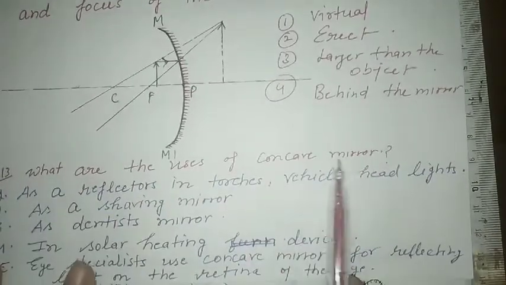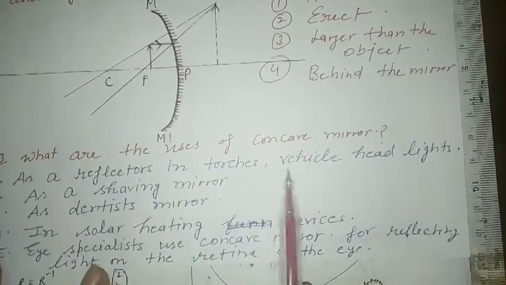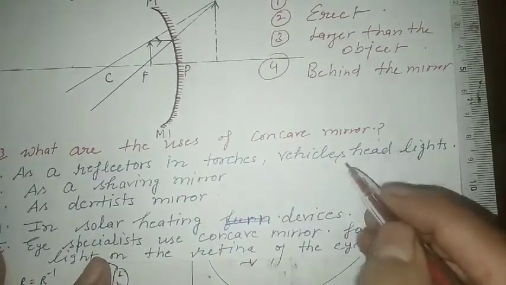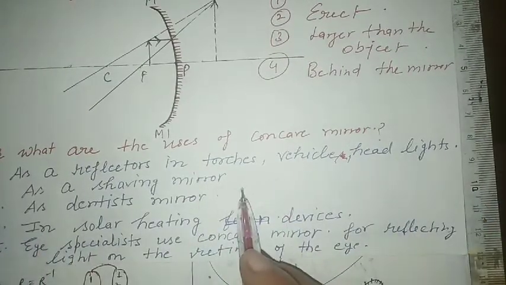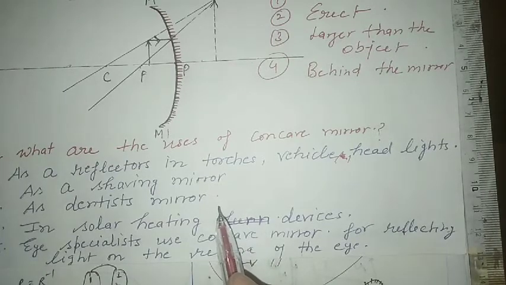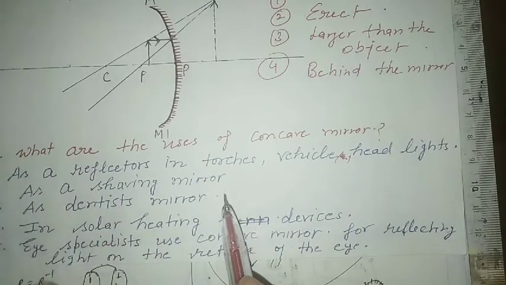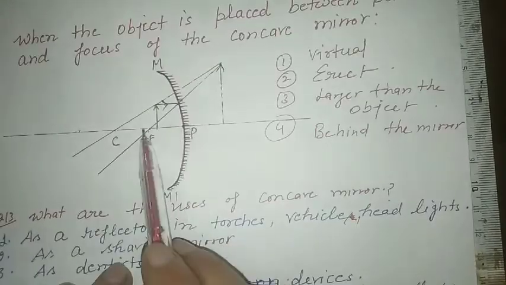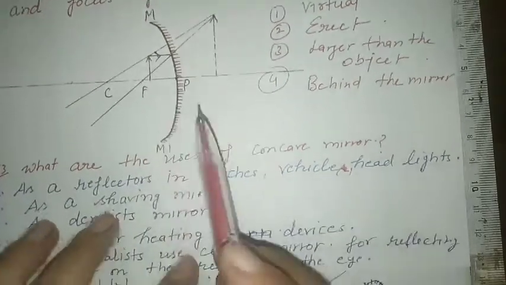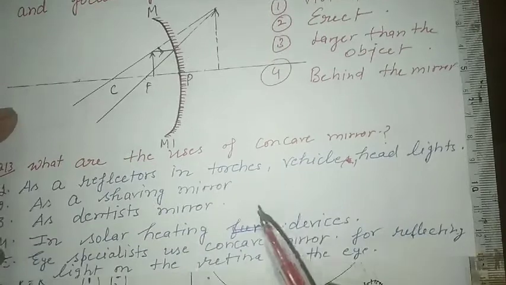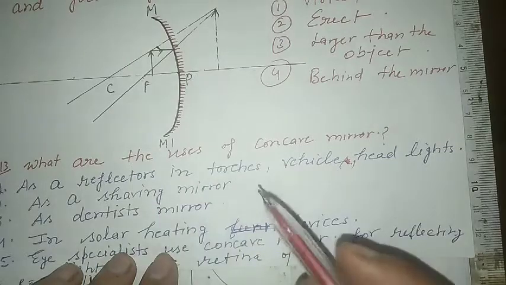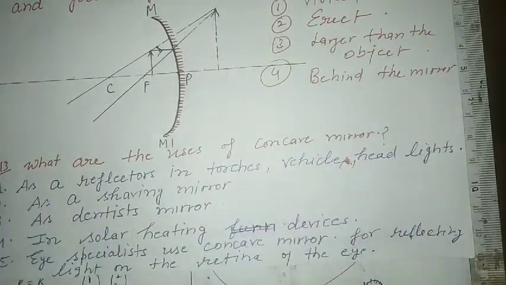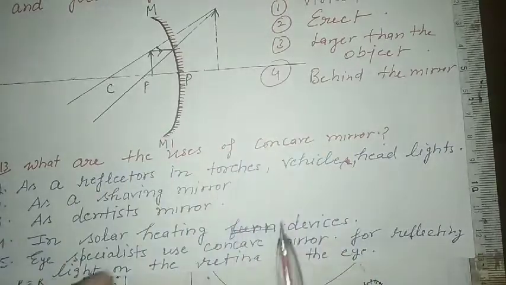Now what are the uses of concave mirror? As a reflector in torches, vehicle headlights and all, and as a shaving mirror. In the shaving mirror it is used because we have to see our face bigger, enlarged, erect, है ना. बाकी अगर में देखेंगे तो उल्टे दिखाई देंगे. तो एक ही केस होता है जब हम पोल और फोकस के बीच में होते हैं. Or we can also call it a makeup mirror in parlors and all. So where they want to sit you between the pole and the focus, so they can see your enlarged image, larger than enlarged, clear image and erect.